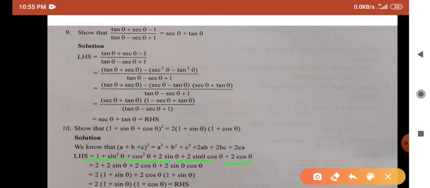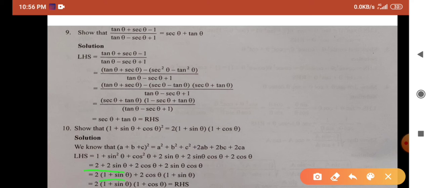Now sin square theta plus cos square theta is equal to what? 1, right? Already 1 is there. This term is also equal to what? It is also 1. Therefore 1 plus 1 is 2. Again remaining write down as it is: 2 sin theta, 2 cos theta, 2 sin theta into cos theta. Now here in the first two terms, take 2 as common, 2 outside means 1 remains in the first term, plus 2 outside means inside what we get?